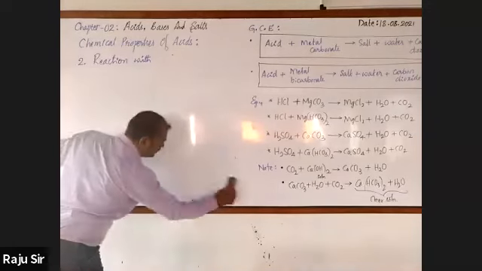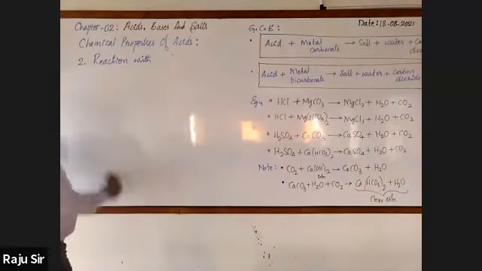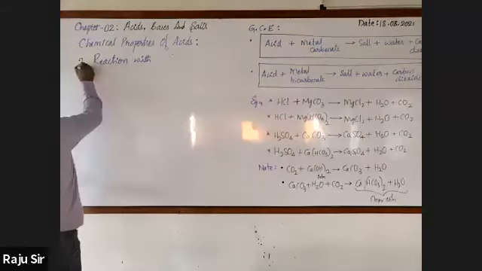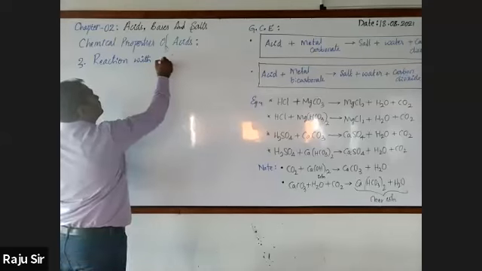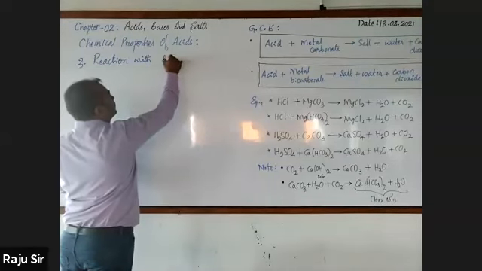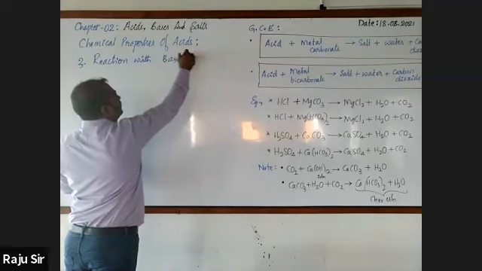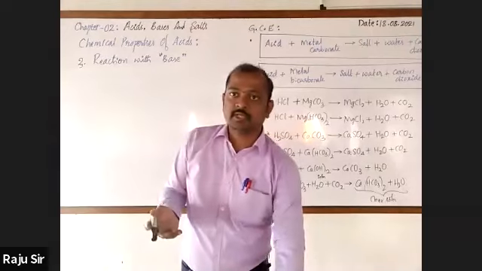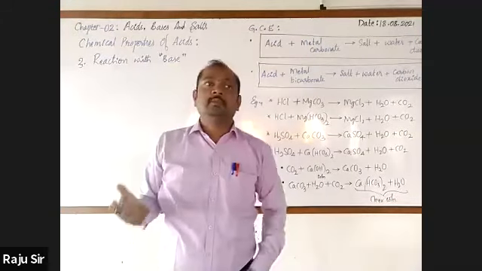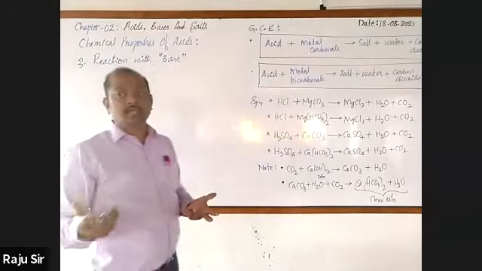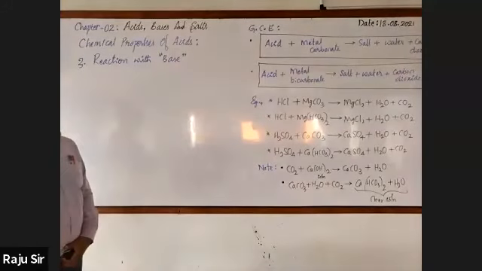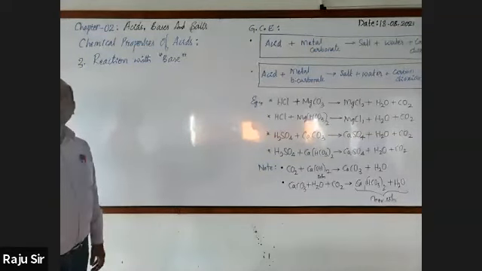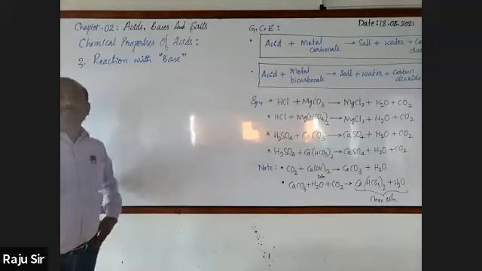Reaction of acids, the third one, reaction with base. Name some of the bases like sodium hydroxide, potassium hydroxide, magnesium hydroxide, calcium hydroxide, aluminum hydroxide, so many are there. Let me go for taking a very familiar base called